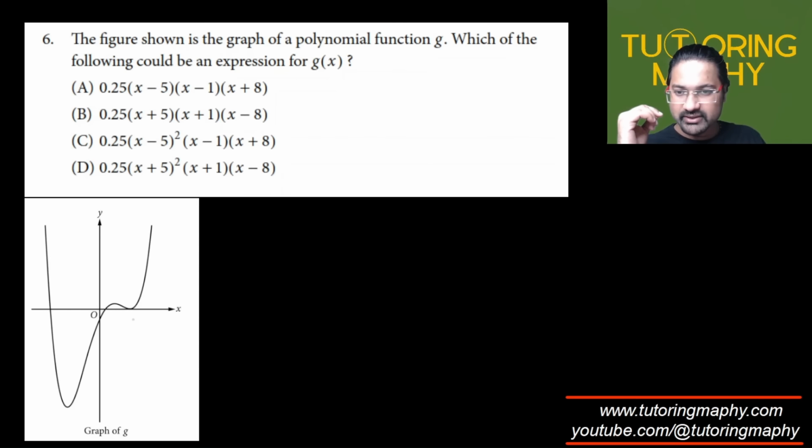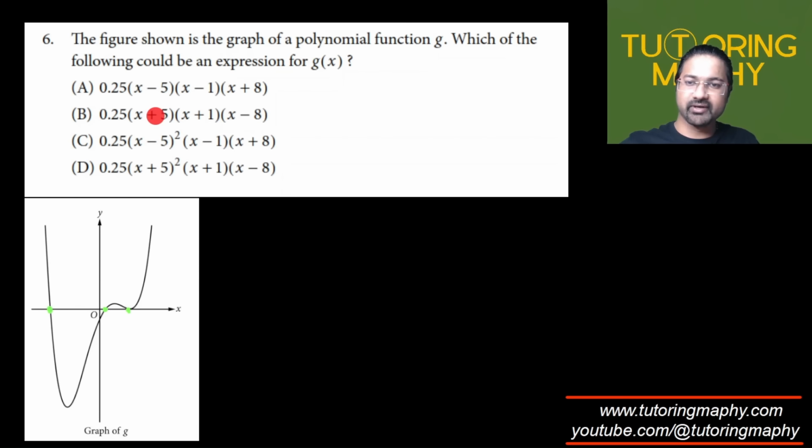I can surely see that there are two positive roots, and there is surely one negative root of this particular polynomial function, which means that, if we analyze the options, option B is just not possible, because